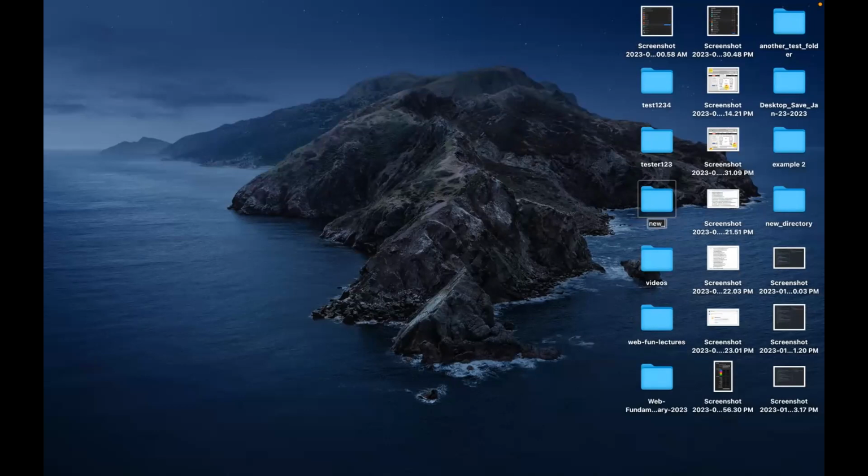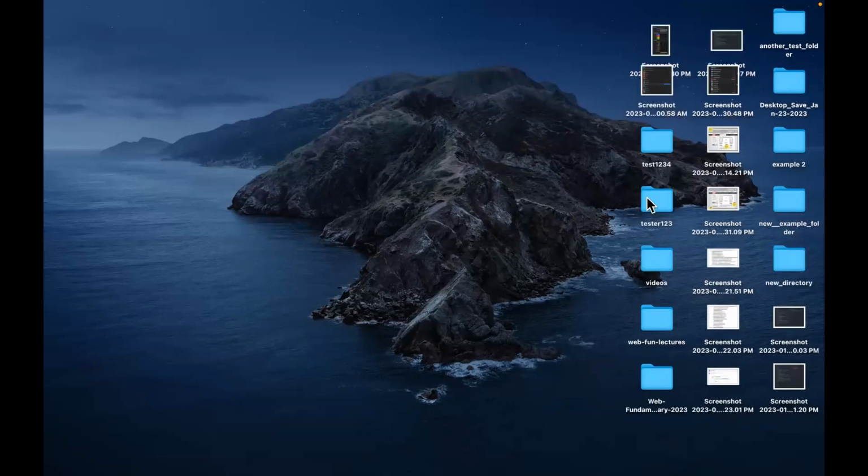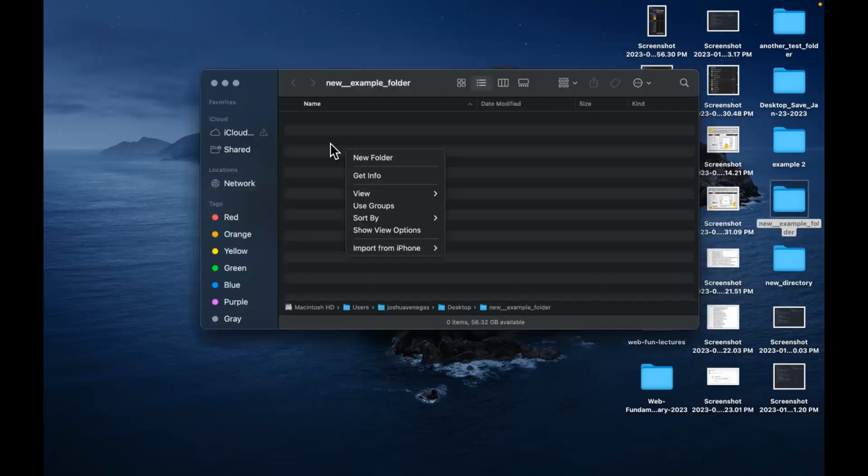new example folder. We don't want to have spaces between words. We want underscores or dashes. And where did it go? It sorts by alphabetical order, so it just jumped over here. Okay, and if I want to create a new file here, I will create a file in here, and